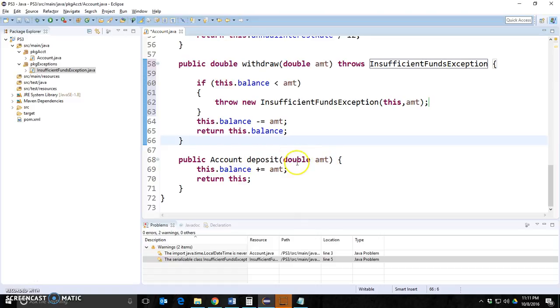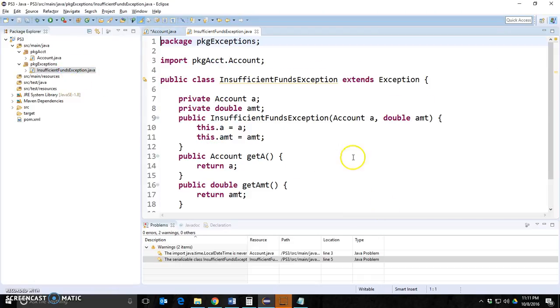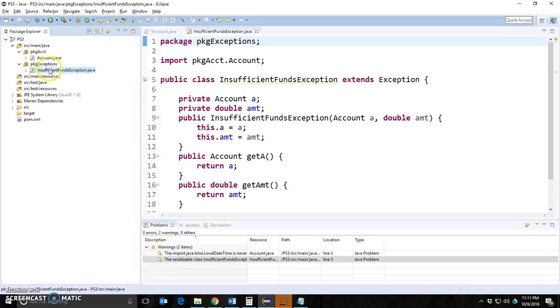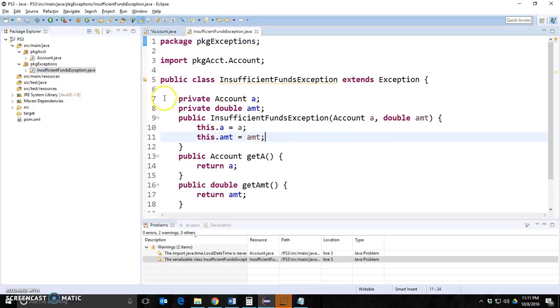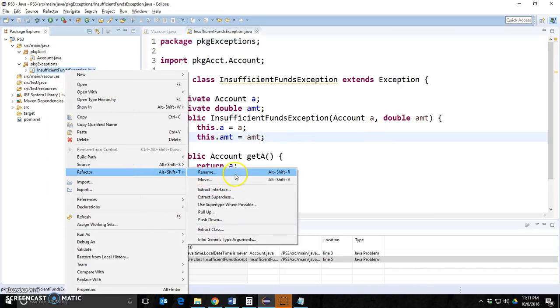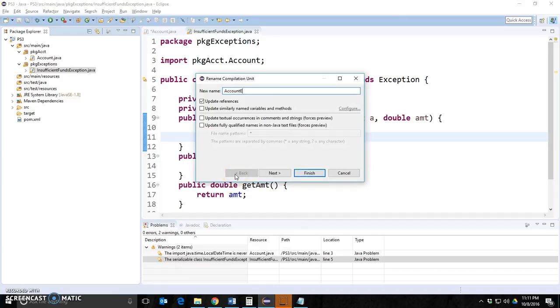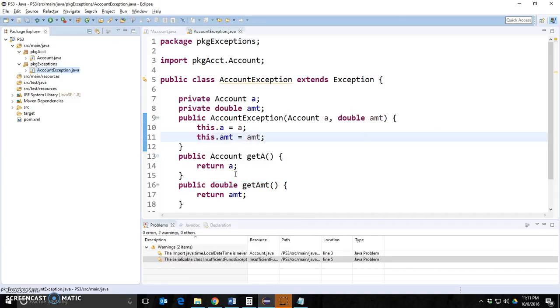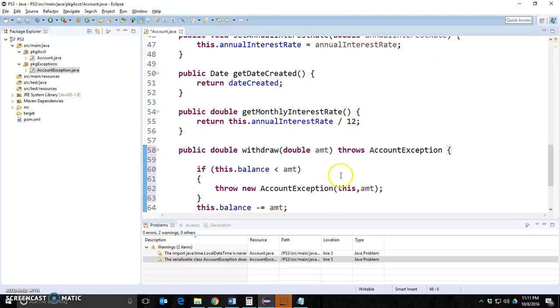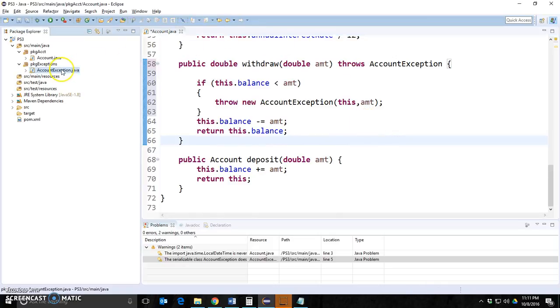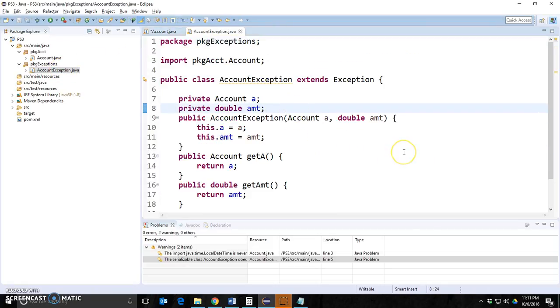I said in the class, you probably may want to do the same thing for deposit. So deposit, what if they give me a negative amount? It should probably throw an exception as well. Well, instead of insufficient funds, and I'm just refactoring here, let's change this. I'm looking for a refactor. It's here somewhere. There it was. Refactor, and I'm going to call it AccountException. This will go through and change all the places that I'm using it, including where I made it, right? So in this one now, AccountException, I'm going to have,